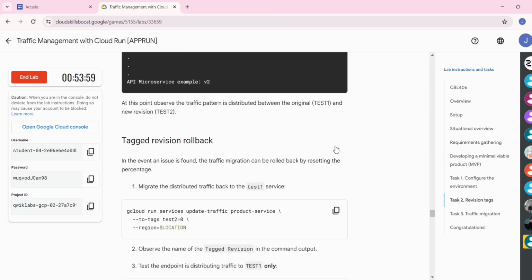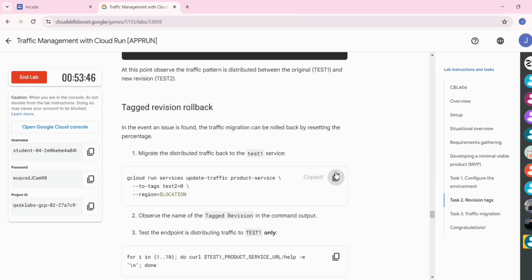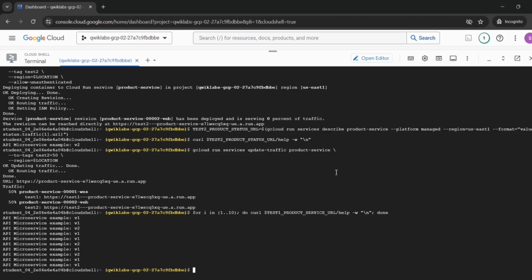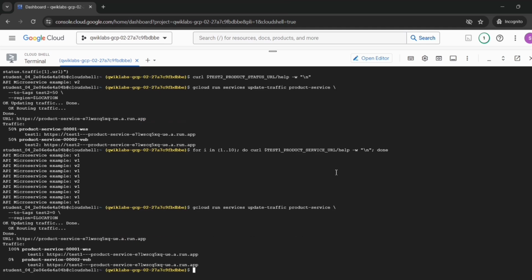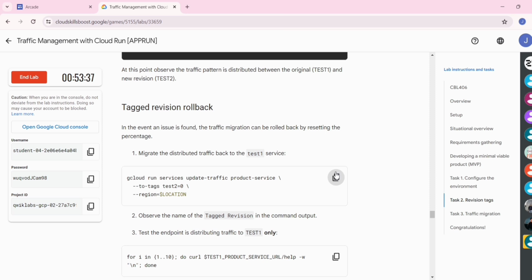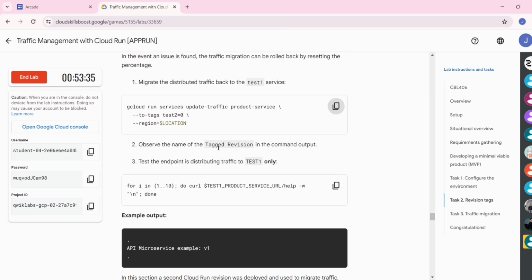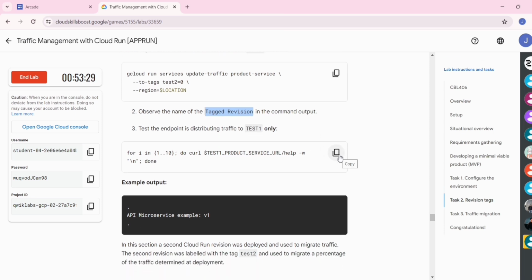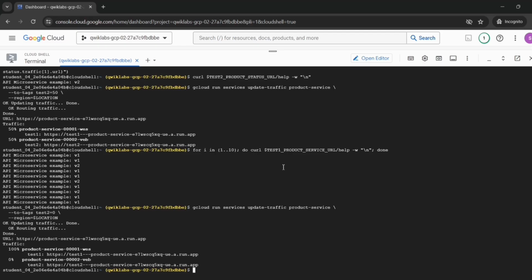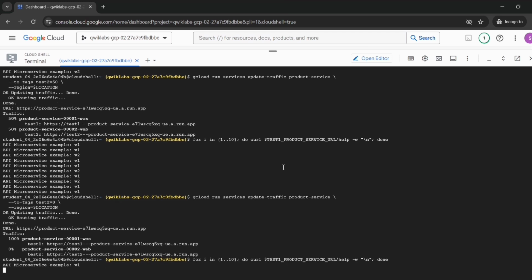Now go back to the lab instructions, copy the first command, paste it here and press enter. Now go back to the lab instructions. Again you have to observe the name of the tagged revision in the command output and copy the third command, paste it here and press enter.